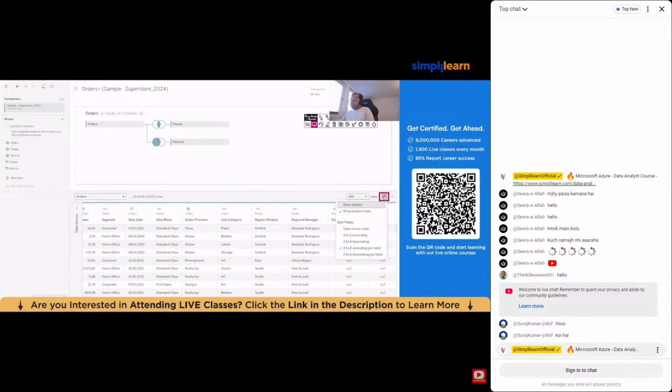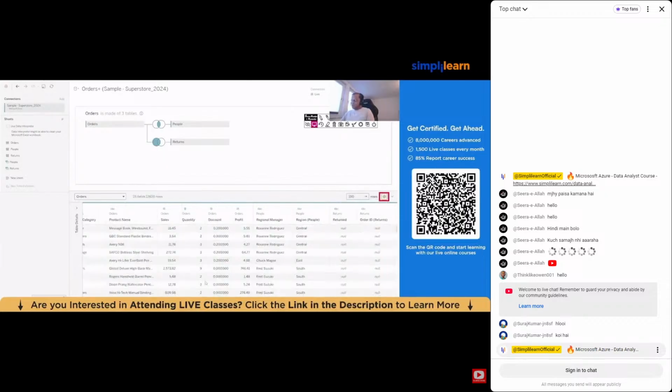And similarly, we can go for Z to A descending per table. But what I'll tell you here, don't change any of these sorting fields. You go with the default one, data source order. I'll tell you why this is not important. Let's click again here, data source order. Why is this option not that important? Just now, when you are focusing only on this area, then you can go with these options, that is fine. But now what we'll do,